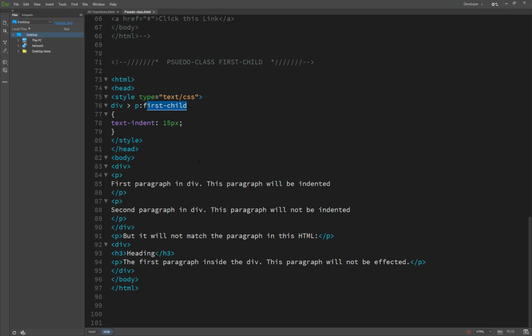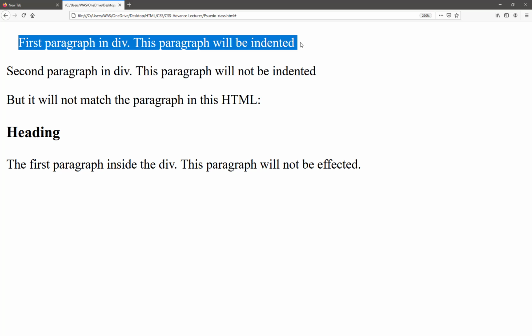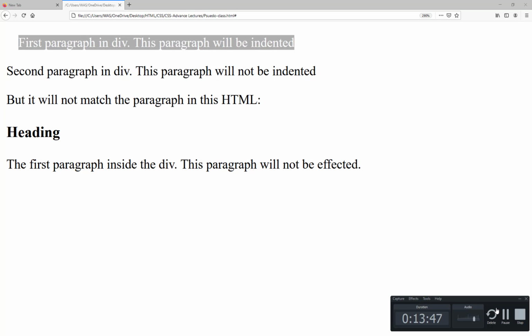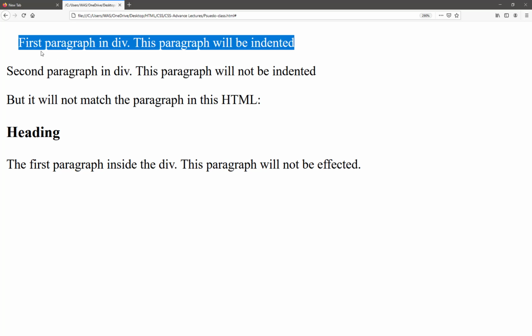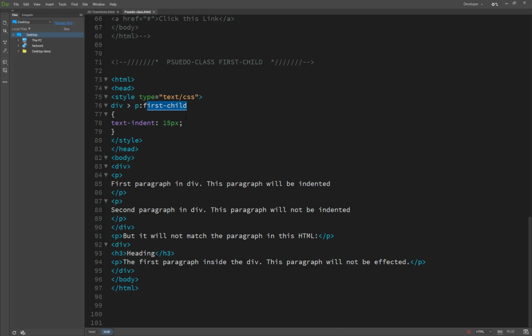So now I have saved, and you will see here the example. Text indent applies only to the first paragraph in the div. So you will see the first line of this paragraph inside the div is indented. And if we change the color of this first child, you will